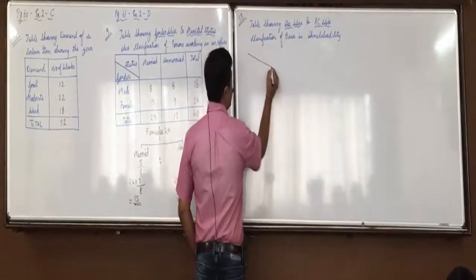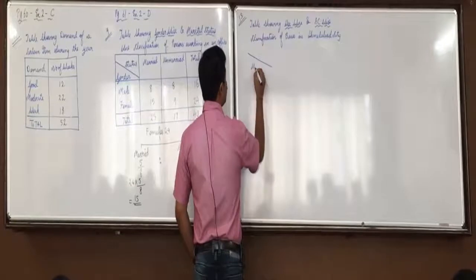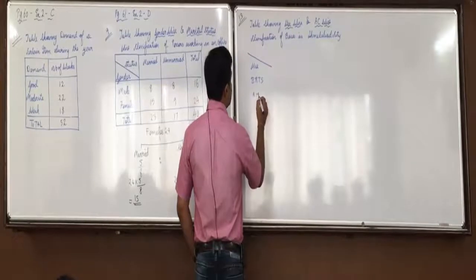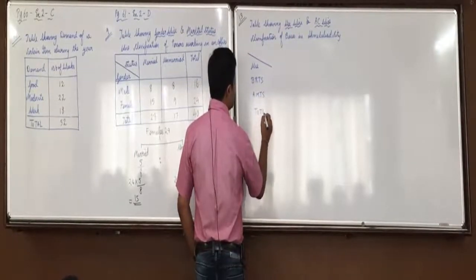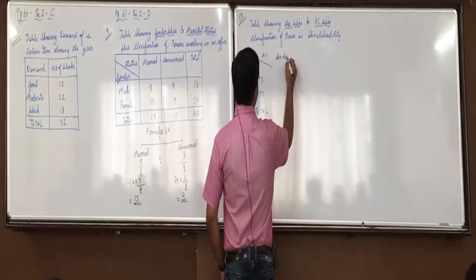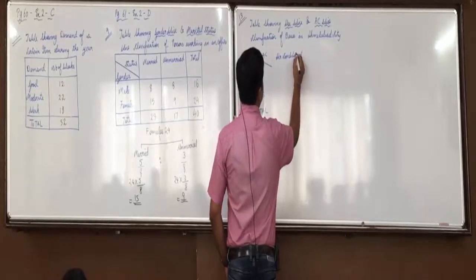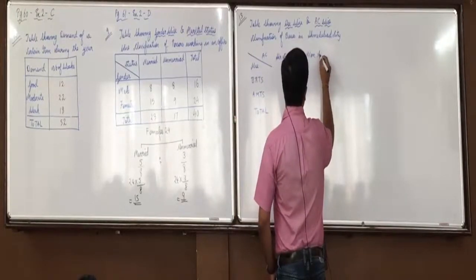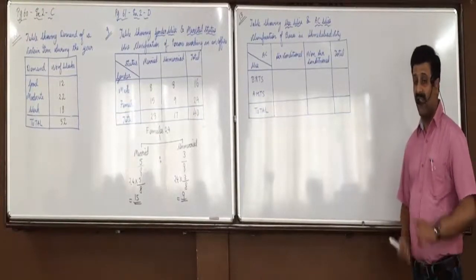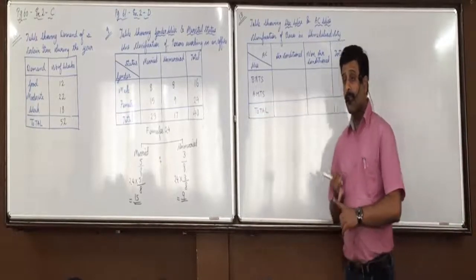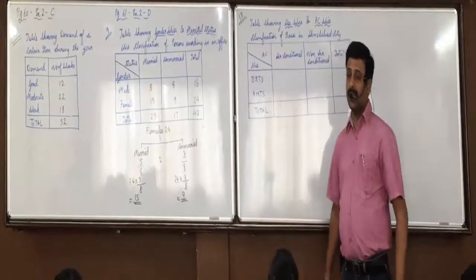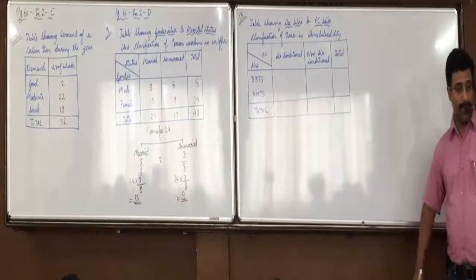Now, we'll divide it in two parts. In the rows, we will write use, BRTS, AFTS, total. In the column, we will write AC, air conditioned, non-air conditioned. So everyone is able to understand how to place the attributes in rows and columns. First attribute in rows. Second attribute in columns. Third attribute in columns. That we'll see tomorrow, 3 attributes questions. Okay.